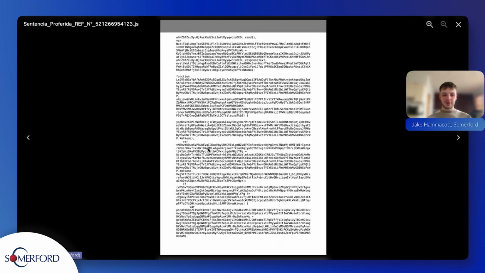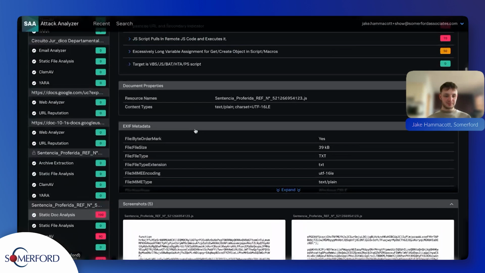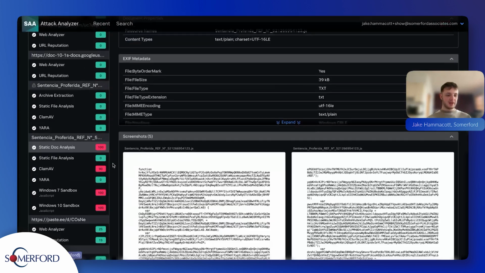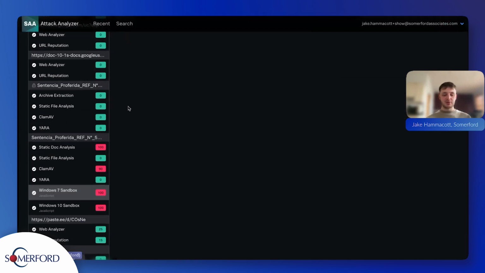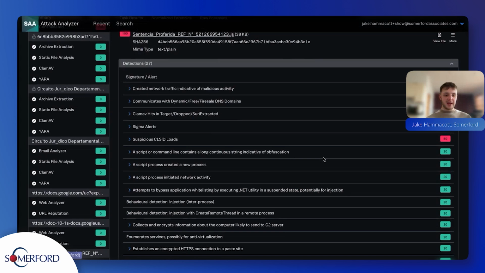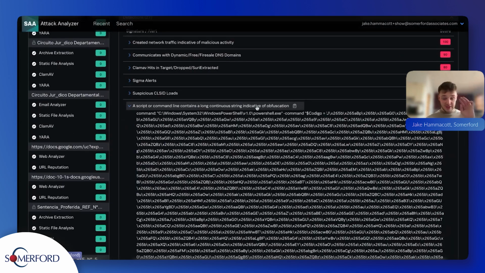If I was to pick this up, I've got no idea what's going on in here. I can pick out very particular things. I've got some functions, variables, if statements, but to me that means absolutely nothing. Of course it does. That's the whole point. That's what they're trying to do. And if I go into some of our sandbox environments instead, it should tell us that actually, yeah, they are attempting to hide themselves. So we've got all sorts of obfuscation,